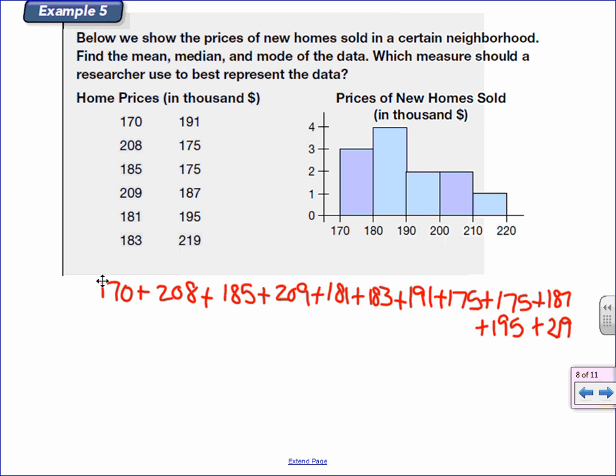So if I add all those up, I get 170 plus 208 plus 185. See if you can beat me. So I get